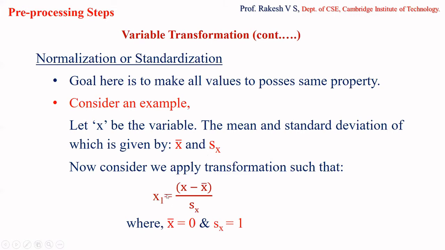When you perform this transformation for all the different values, we will get the mean equal to 0 and the standard deviation equal to 1. So I'm going to standardize whichever values we take. Suppose we apply this transformation, the mean of all those values will be equal to 0 and the standard deviation of all those values will be equal to 1. So this is your normalization or standardization. You are converting the values such that you get a standard, fixed value. Clear? That is normalization.